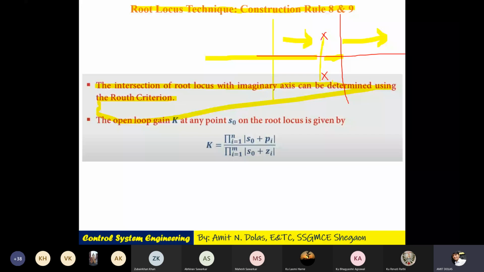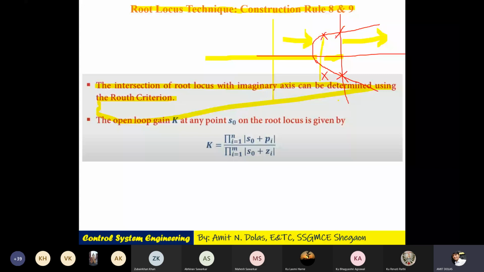So where do the roots go? Okay, and where do they head? कहाँ जाते हैं वो? So it may cross the imaginary axis like this. It may cross the imaginary axis, and it may go into the, I'm saying it may or may not, okay? There are certain cases where your root may go through the imaginary axis and may go into the unstable region.